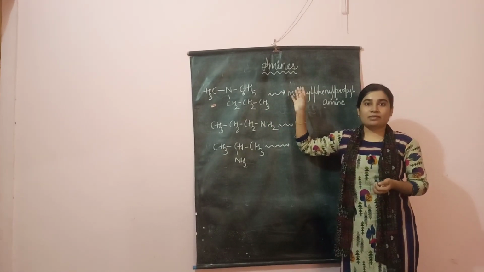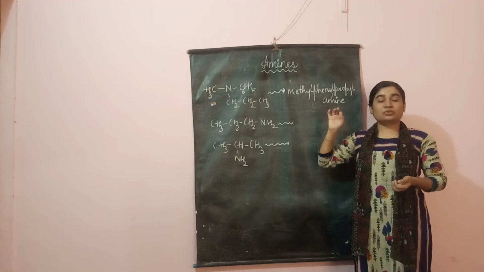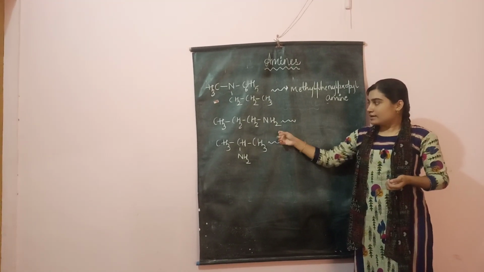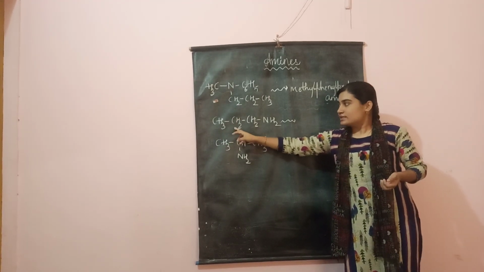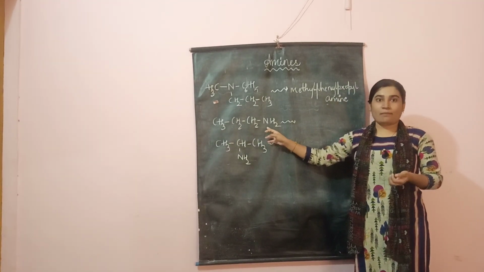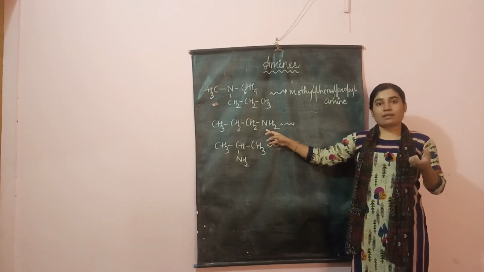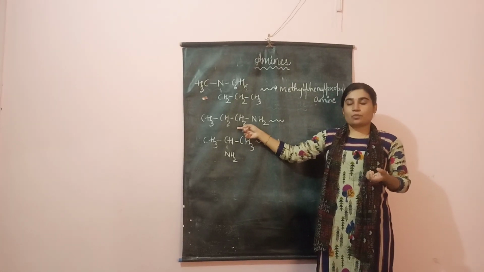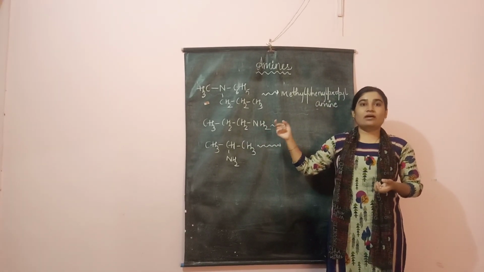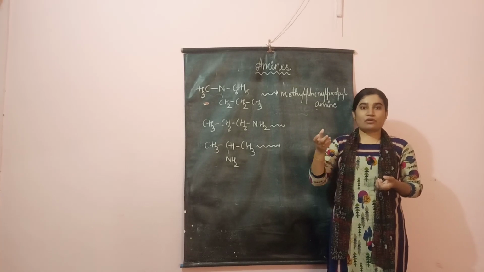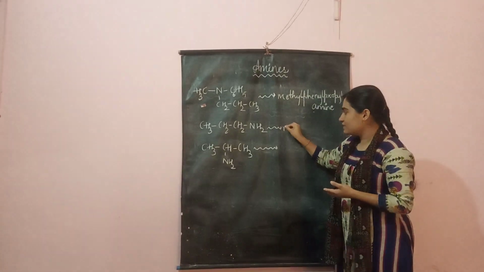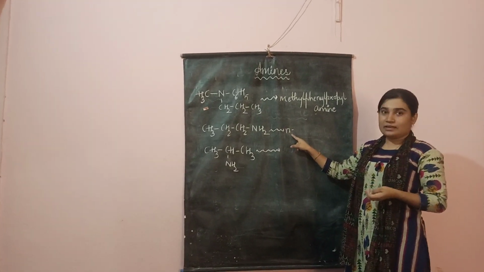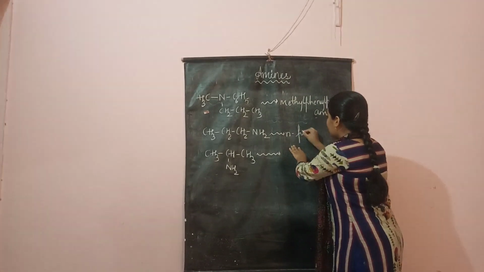So you have to remember that whenever the amine group is attached to three different alkyl groups, you follow the alphabetical system. Next, simple CH3, CH2, CH2, NH2. The format is already given for the closed system. It should be alkyl amine. So what is the alkyl group here? Three carbon atoms, so it will be propyl amine. You have to remember, whenever you go for the closed system, you use a prefix. Whenever it is a straight chain, we use the prefix N. N propyl amine will be the name now.